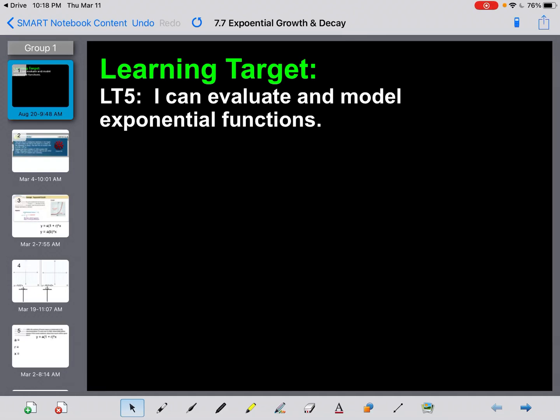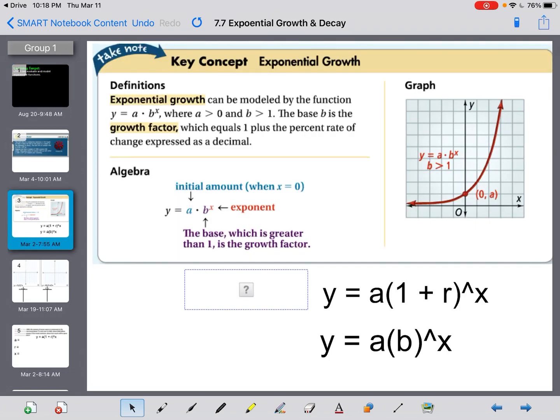Chapter 7, Section 7 is about exponential growth and decay, and this is a two-part lesson. We're going to start, part 1 is going to be about exponential growth. That is modeled by the function a times b to the x, just like when we talked about exponential functions in our last section, but this time we are talking about something that is growing at an